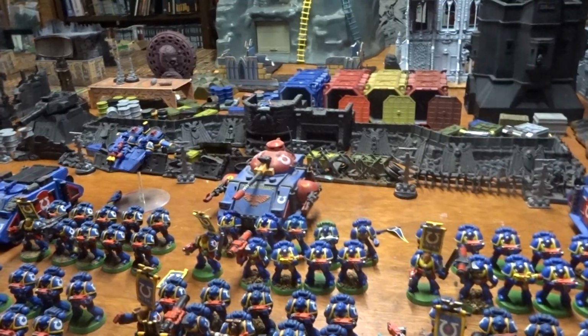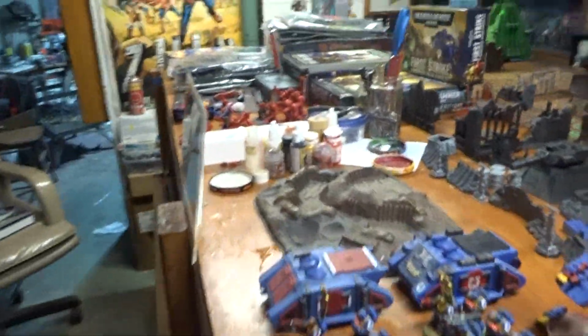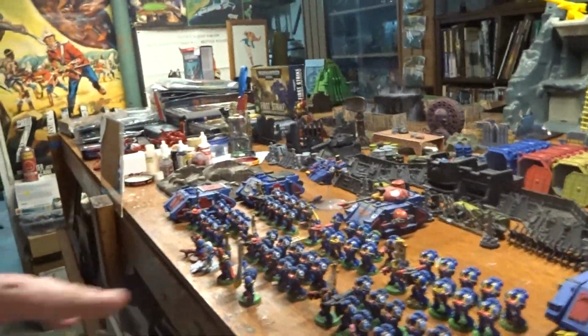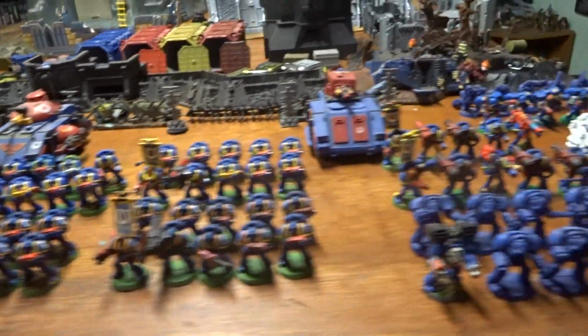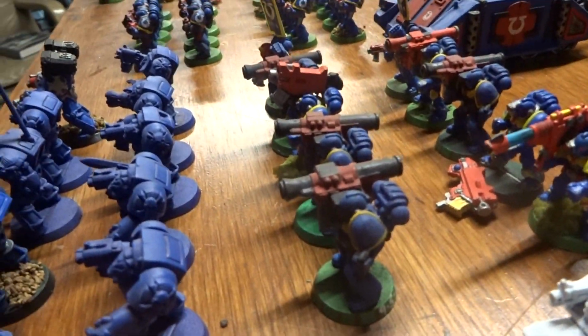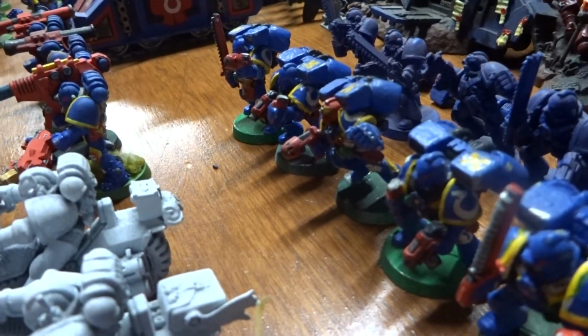It's Ed from Minisodes and Matthew from Miniscapes, and they actually put together Codex compliant armies, and we fought the battle of the Polar Fortress between the Ultramarines and the Tyranids. So that is really super cool. So I've been working on mine and trying to get mine up ship shape, and they've motivated me to go ahead and do this. Except they also exposed some of my flaws, and that is I have a 6-man Devastator squad there, a six-man Devastator squad there, and I had a 5-man squad of Assault Marines, 3-man squad of bikes,